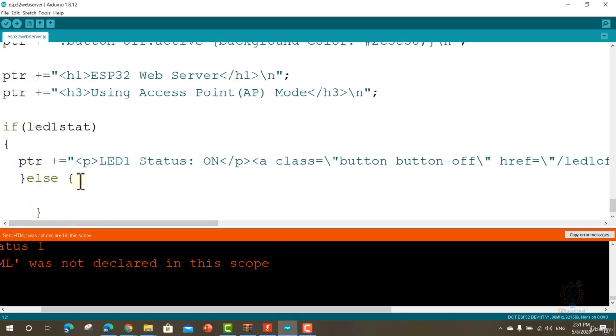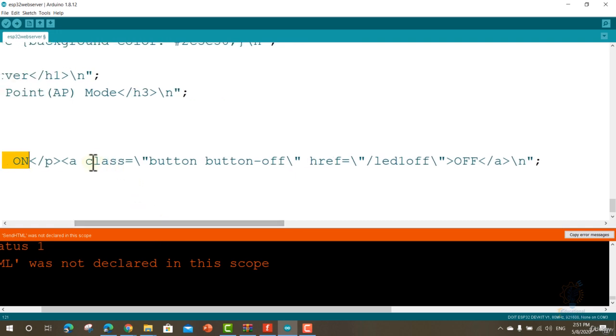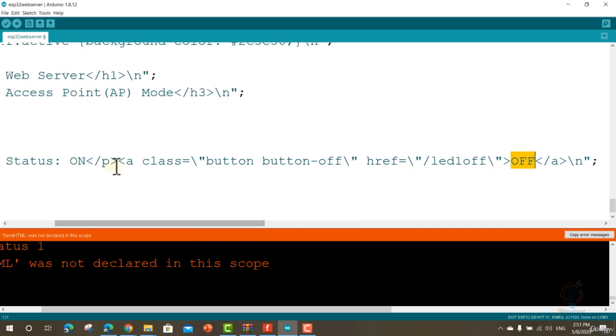Now we are going to add to our HTML code this line, led1 state is on, and we are going to choose this class for the button. We are going to choose button off and led1 off, and we'll write off inside the button. So this line will create a new button,